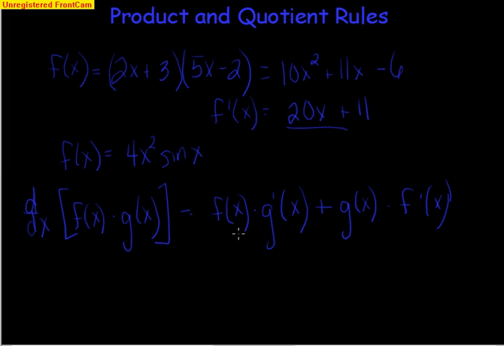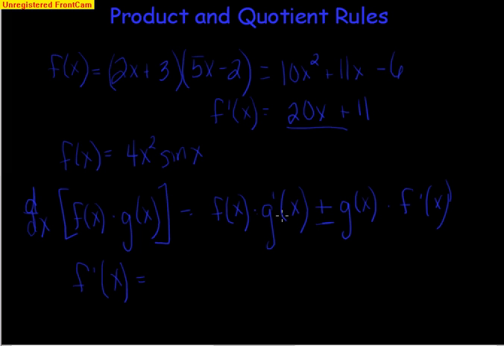Now you'll notice that of the two terms in this derivative rule, both of them involve the derivative of one, the original of the other. This is the derivative of one, the original of the other. Because it's addition, it really doesn't matter the order that you do it in. So as long as you're doing derivative times original plus derivative of the other one times original, you'll get the right answer. So using the example that we did up here, with our f of x being 4x squared times